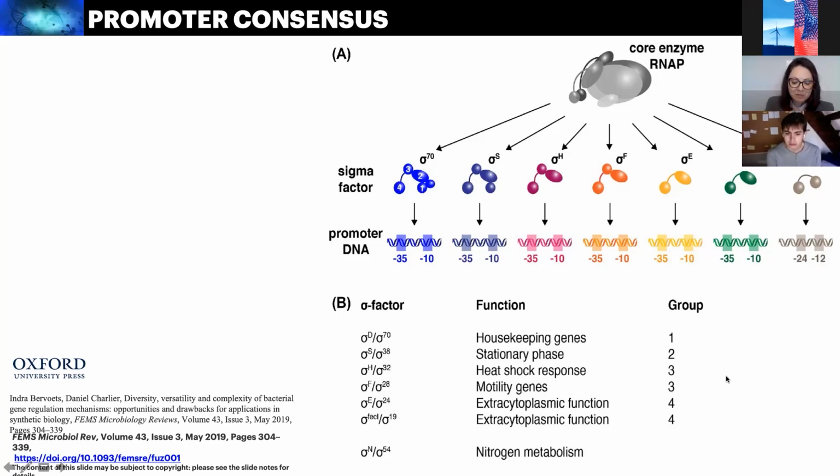So this sigma confers to the polymerase the specificity that is necessary, because the genes that have a promoter recognized by sigma 70 are about the function of our housekeeping genes. And if you are talking about some stress, or osmotic or heat shock response, we're talking about other sigma